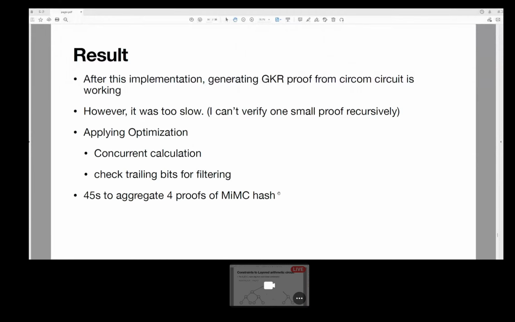Like in the previous slides, there is the f function, and it has an add function and a mult function, and they cannot be the same at the same time. So it can be filtered. So for now,